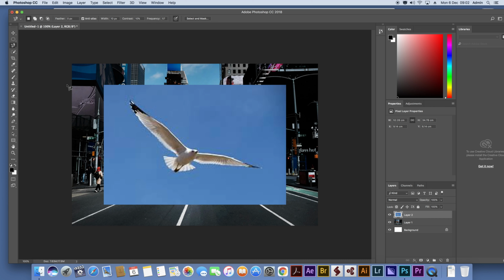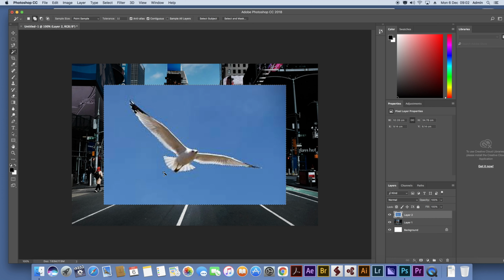You've also got the magic wand. The magic wand sometimes works a bit counterintuitively. What I can do is click on the bird, and I can hold the Shift key down and start spreading out that selection, trying to select all of the bird in a series of clicks. I'm getting closer and closer to it, but it's not ideal. But the background is quite continuous. So if I click on the background,